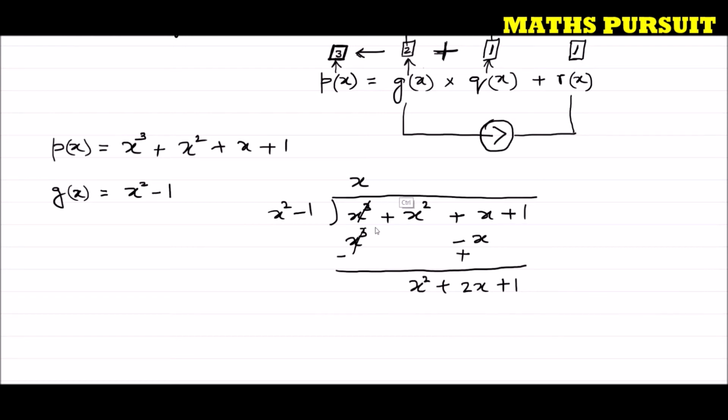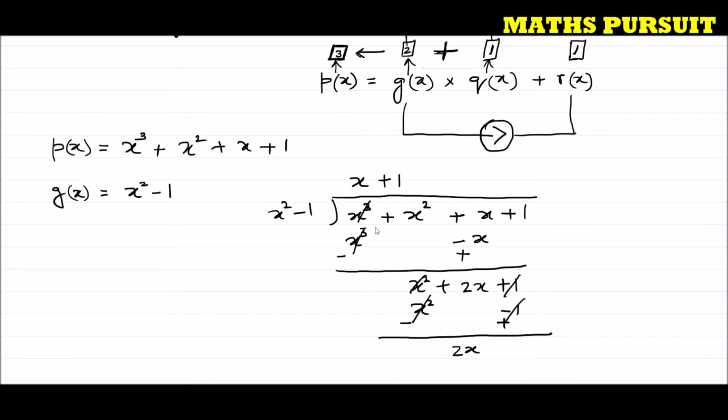If I multiply plus 1 to this x to the power 2, then definitely I'm going to get x to the power 2. 1 into x to the power 2 is x to the power 2, and 1 minus 1 is minus 1. Now as usual, we are going to change the symbol so that we are subtracting this. Here it will become negative and here it will become positive. And you could see that here we got plus x to the power 2 and minus x to the power 2, it cancels out. Plus 1 minus 1, it cancels out, and we are left with 2x.